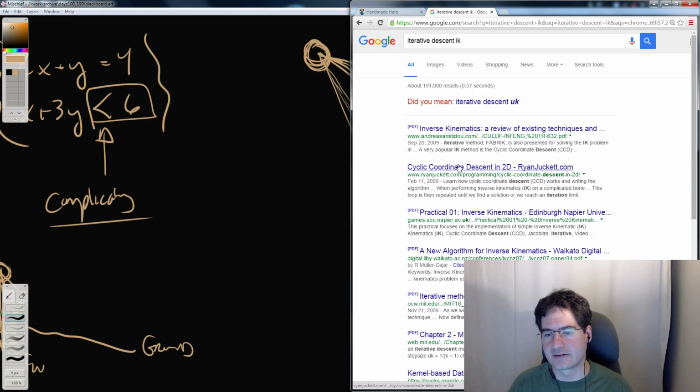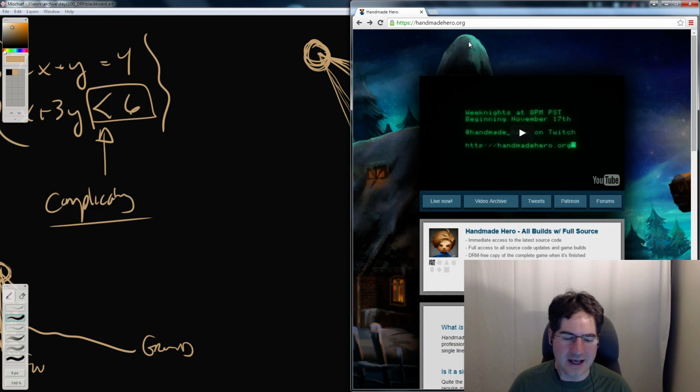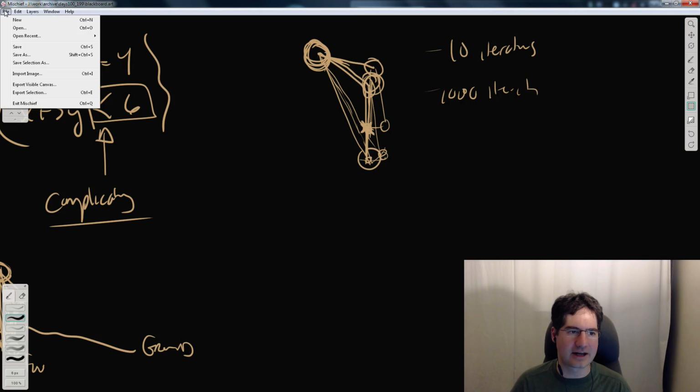Cyclic coordinate descent. That's what it's called. I forgot the name of it. Cyclic coordinate descent is the thing. So cyclic coordinate descent is totally fine for this sort of thing. I would suspect, because I haven't done character animation work since 2003 or 4, that by now there's a better